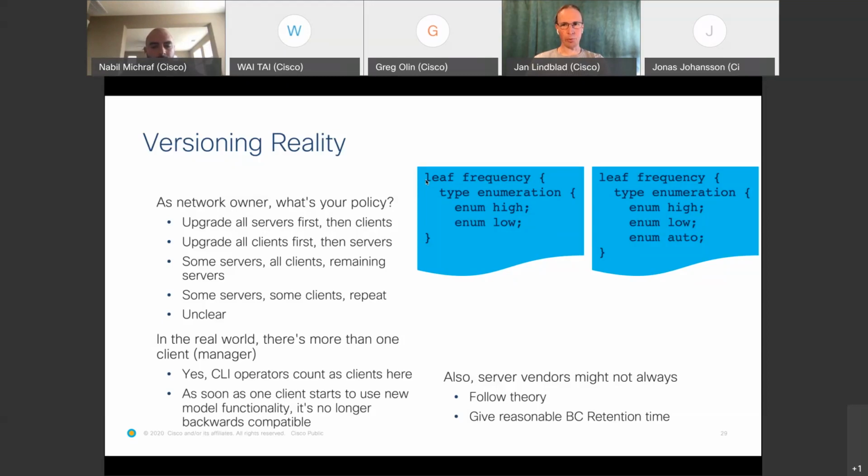So there's a sort of gap between reality and theory here, I'm afraid. And to make it worse, in the real world, there is typically more than one manager, more than one client. And yes, of course, CLI operators that are still working in the networks would count as clients here. So that makes it quite obvious. There are more than one client. You have automatic systems, and you have people, and you may have more than one automatic system that's doing things